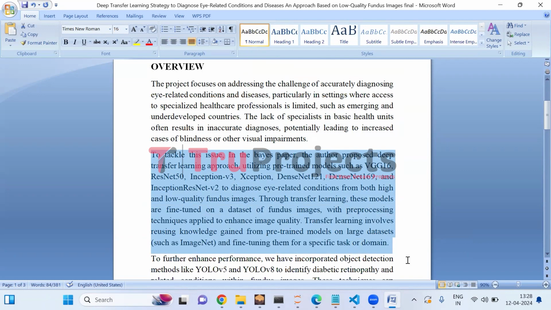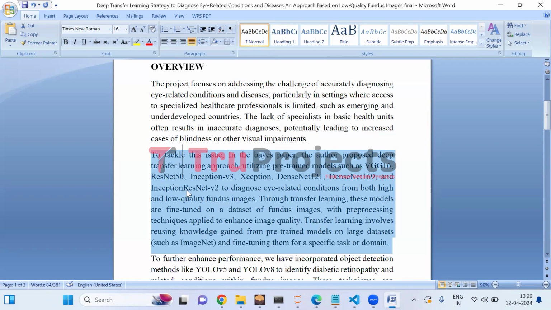Pre-trained models like VGG16, ResNet 50, Inception V3, Xception, DenseNet 121, DenseNet 169, and Inception ResNet V2 are fine-tuned on a dataset of fundus images, with preprocessing techniques used to enhance image quality. This approach adapts knowledge from pre-trained models to improve accuracy in diagnosing eye conditions, particularly from low-quality images,